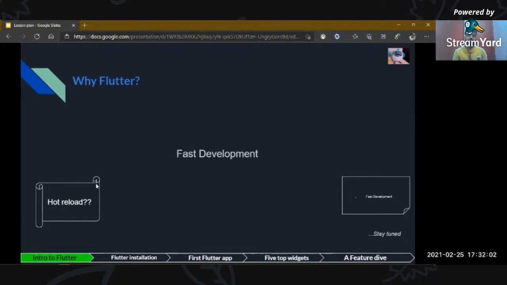You don't have to worry about installing different types of images and phones. You'll get to that later in what I'm saying here. Just focus on the fact that you have fast development in Flutter.